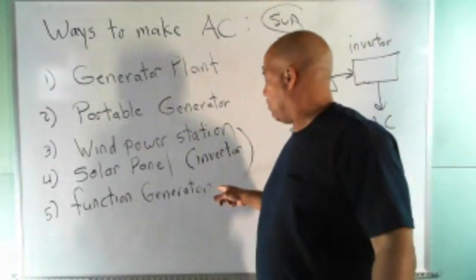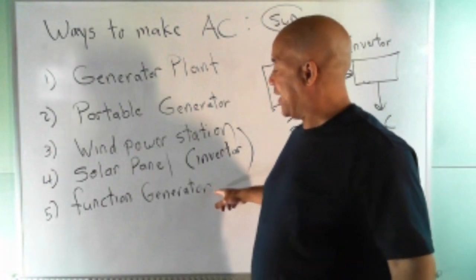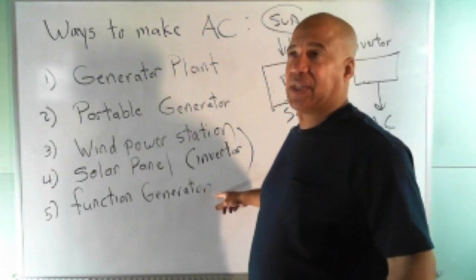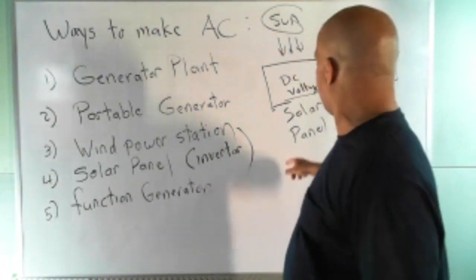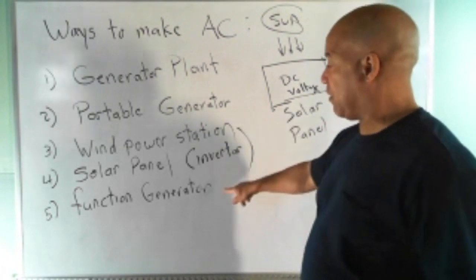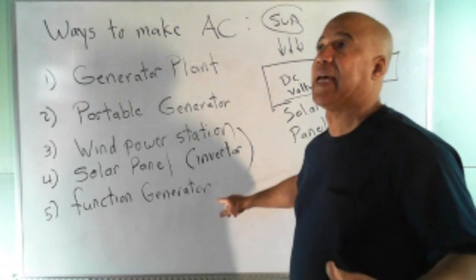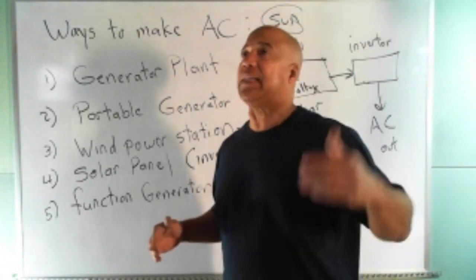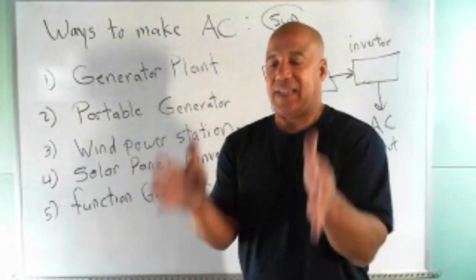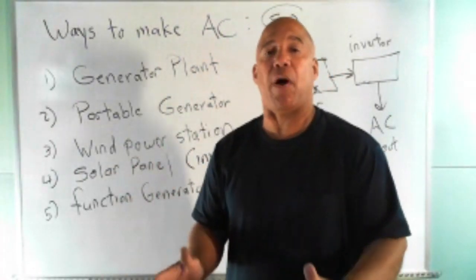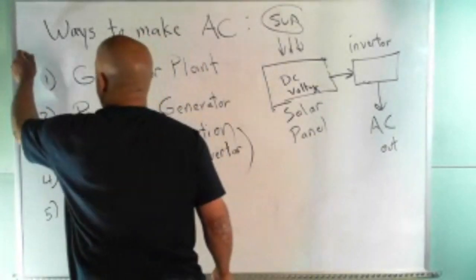But you can also, electronically, you can get AC with this function generator. So it does it electronically. Now, I said that twice. I said the word electronically for this inverter and for the function generator. And I'm saying that for a reason. Electronically means that you're converting DC to AC and there's no moving parts. It's all done with resistors and capacitors and things that are passive. There's no moving parts. But for all of the other ways I showed you right here, they